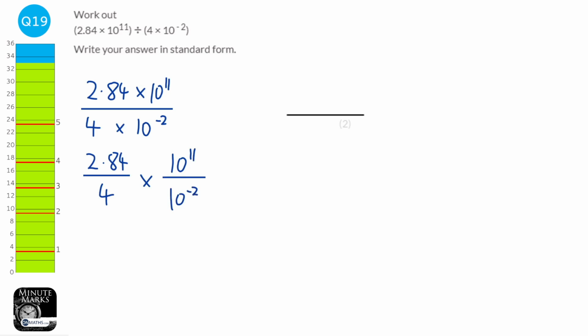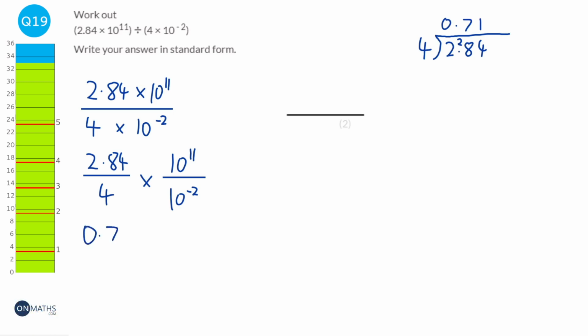Okay, so we're going to start by doing 2.84 divided by 4. So we're going to just do the bus stop method, so 4 on the outside, and we've got 2.84 on the inside. 4s into 2 don't go, so carry the 2 across. 4s into 28 go 7, and 4s into 4 go 1. So it's going to be 0.71 times,